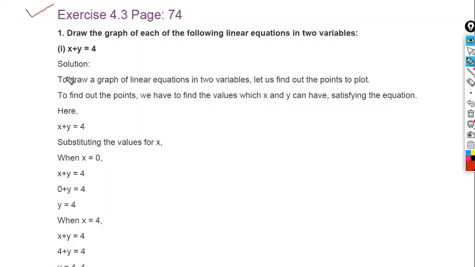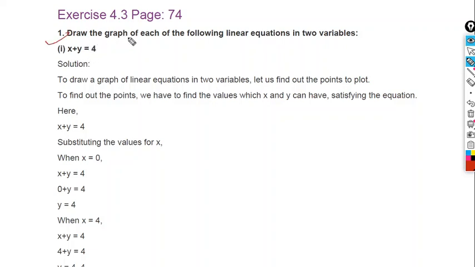So, in the last class we had discussed how to draw graphs and the basic concept of graphs. Today we are going to discuss exercise 4.3, which is in your book on page 74. Without further delay, let's start. Question number 1